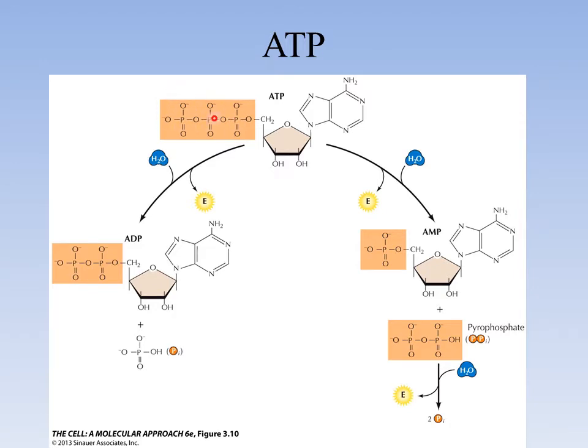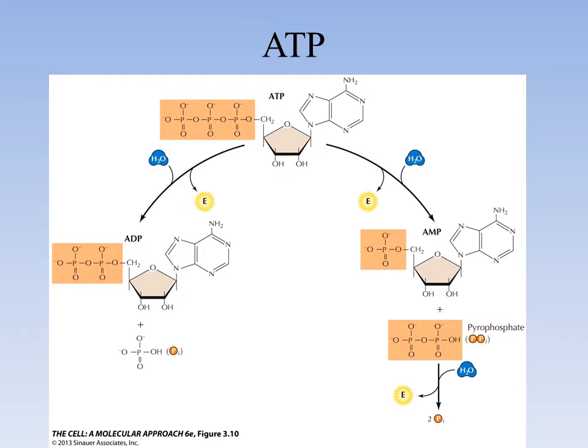So typically here's one phosphate connected to another. This bond is considered a very high energy bond. I mean, there's a lot of energy packed into this bond. So if we find a way to break this bond, or hydrolyze ATP with water to release this phosphate, forming ADP, in the process of breaking that bond, we release that energy. And so the energy released from ATP can then be used to power other reactions inside the cell that require